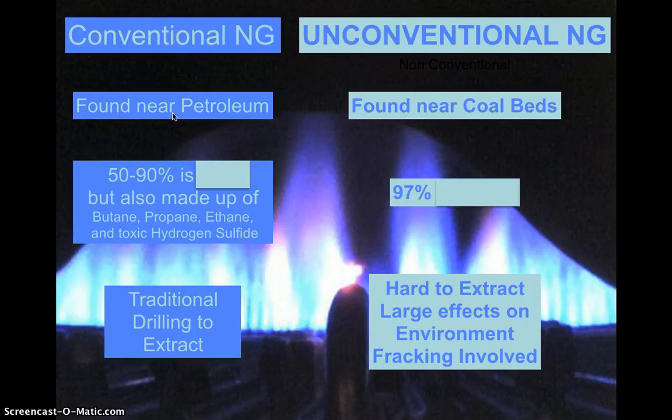So natural gas is 50 to 90 percent, and I know that's a strange percentage, but it's mainly made up of methane. That is what you have to know. And then you want to associate words like butane, propane. Those are words that also describe conventional natural gas. Unconventional is primarily methane. There's very little other compounds that make up this form of natural gas or are released through the mining and using of this form of natural gas.